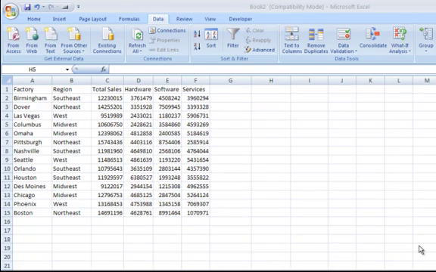Hey, in this video, we're going to do a couple of things. We're going to first talk about the fill handle, what it is, how to use it, and how it can save you lots and lots of time. And second, we're going to talk about the difference between relative and absolute references in Excel,